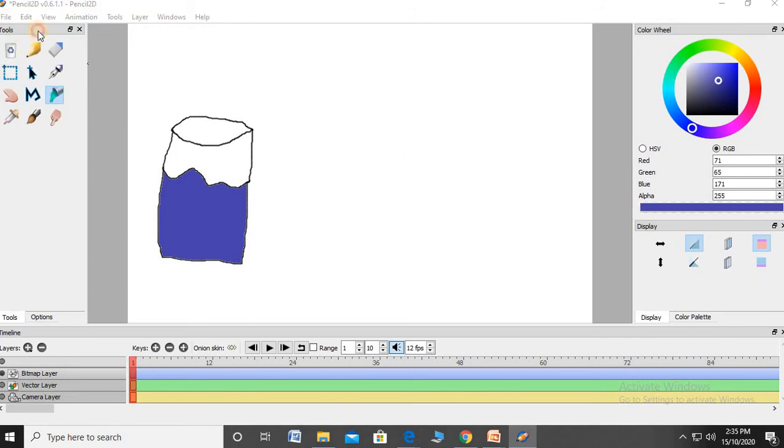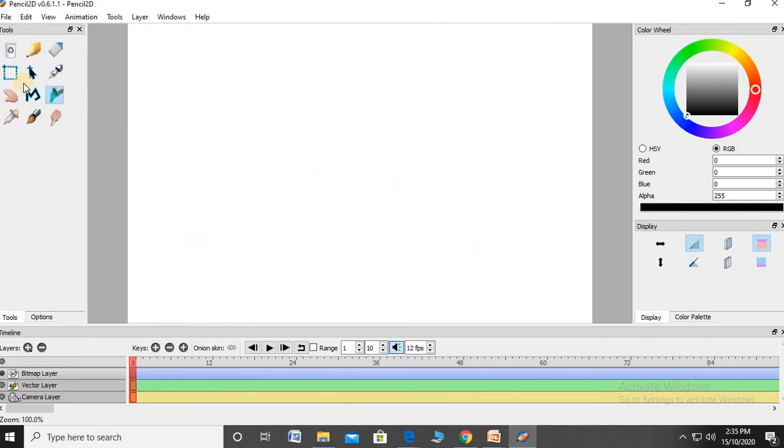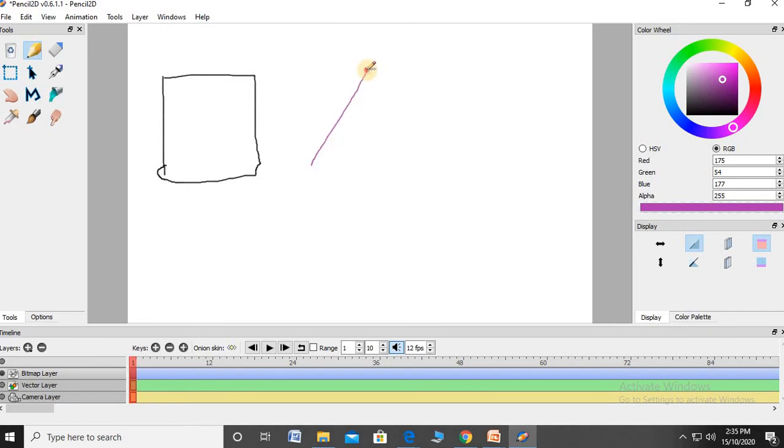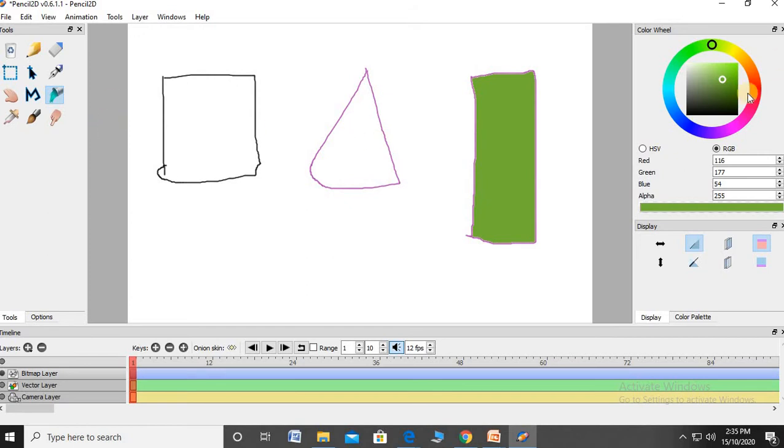Next question: what are the shapes? Different shapes are taken, 5 shapes. For example, a rectangle filled with color. 5 shapes are created.